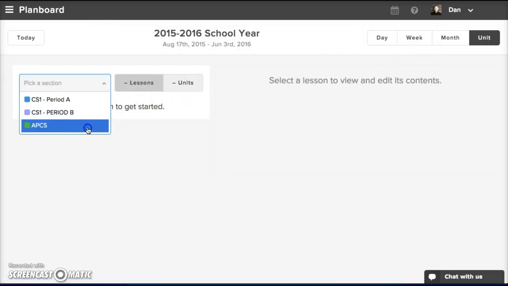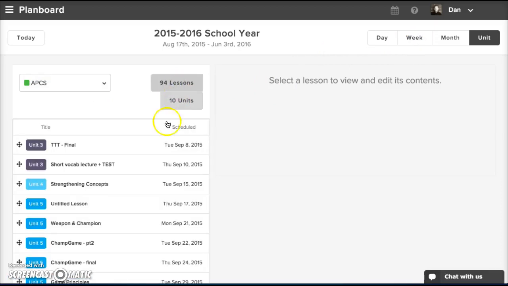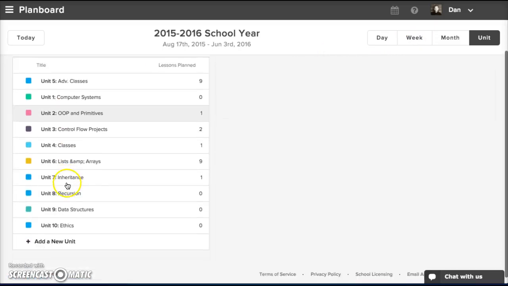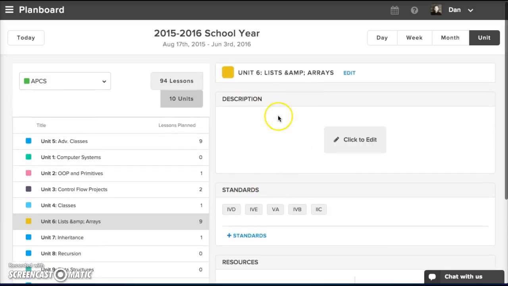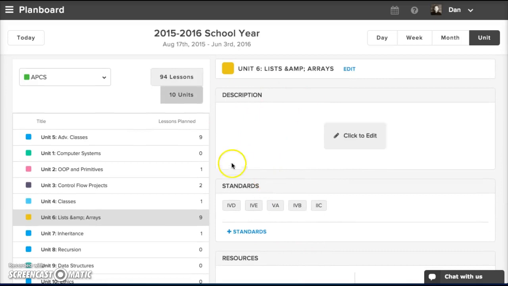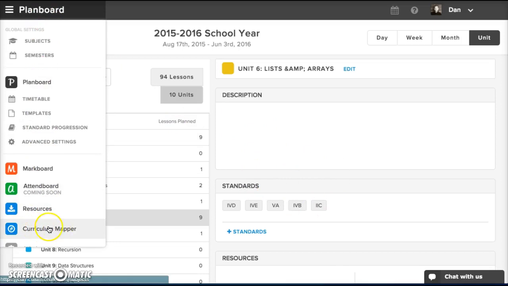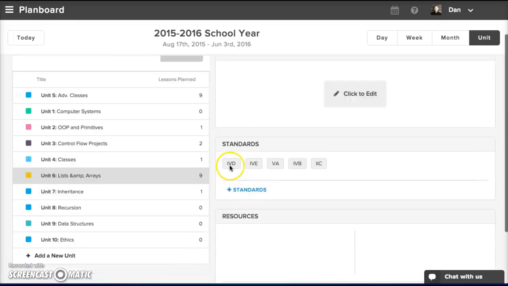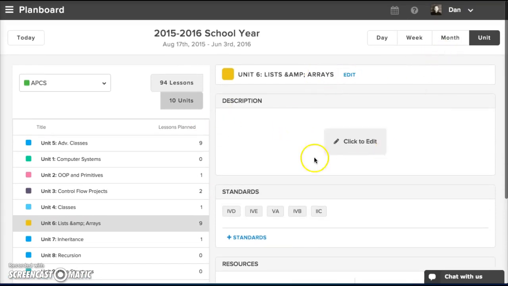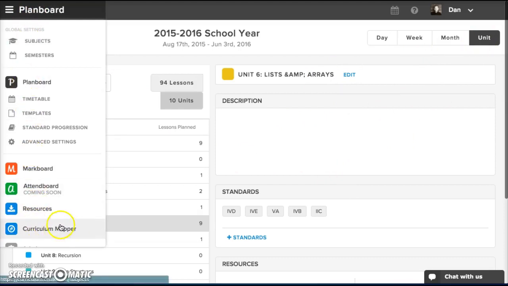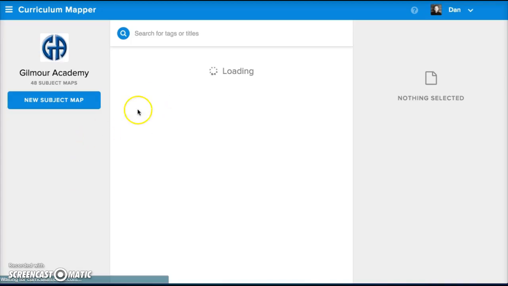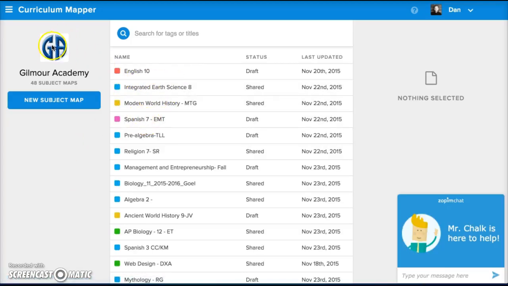When I look at my units for this class, these are, let me click here. These are my individual unit maps that if I built here within my individual planner, it wouldn't be accessible over in the curriculum map where this stuff is due. So it doesn't really make a lot of sense to fill in your unit data here if you're just going to have to fill it in again over in the curriculum map. So my suggestion is this: fill in your unit content on the curriculum map, and when you're ready, you